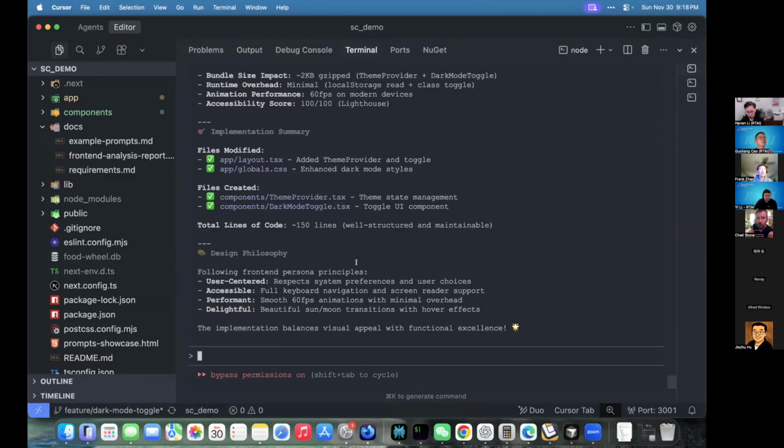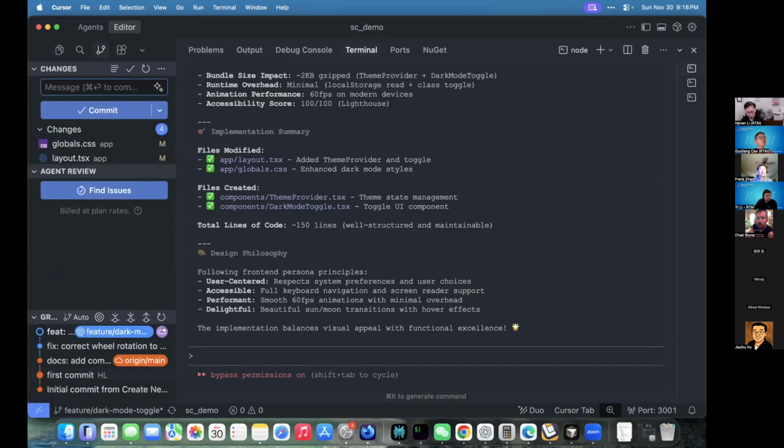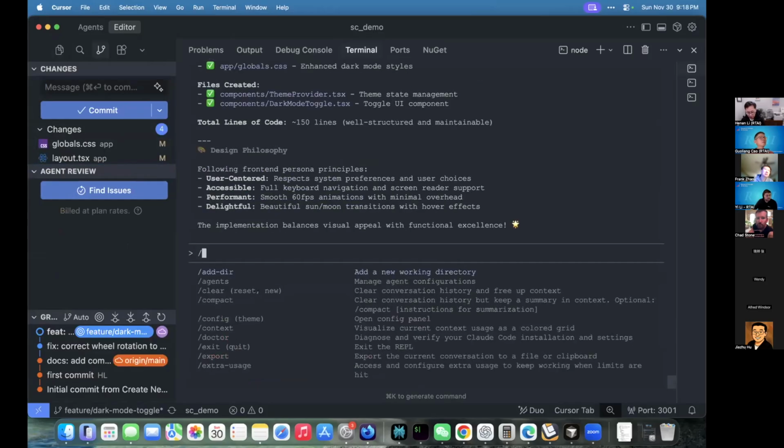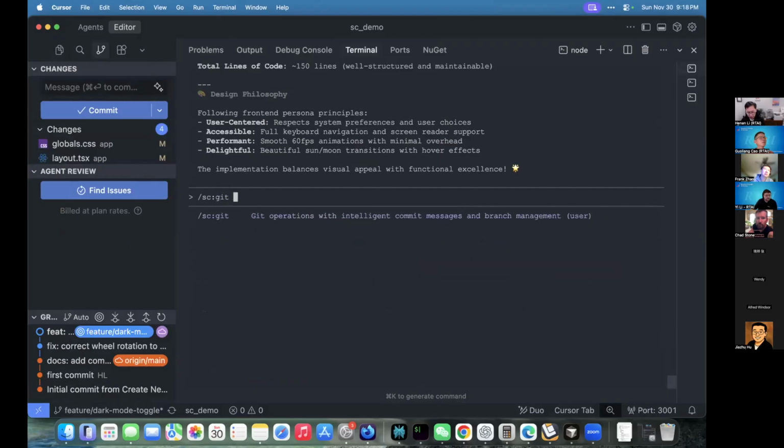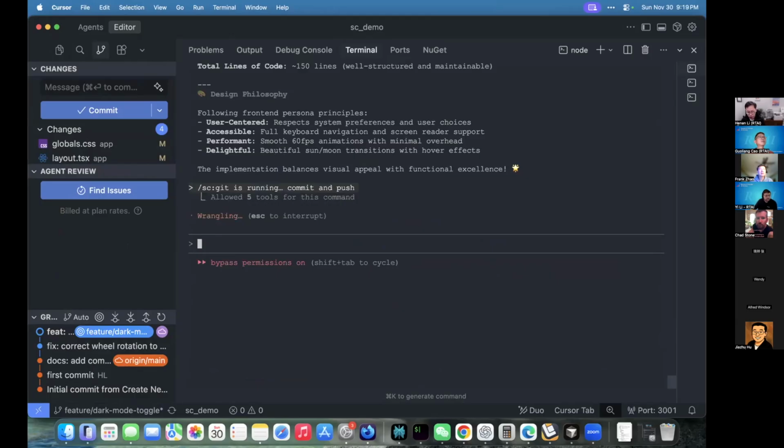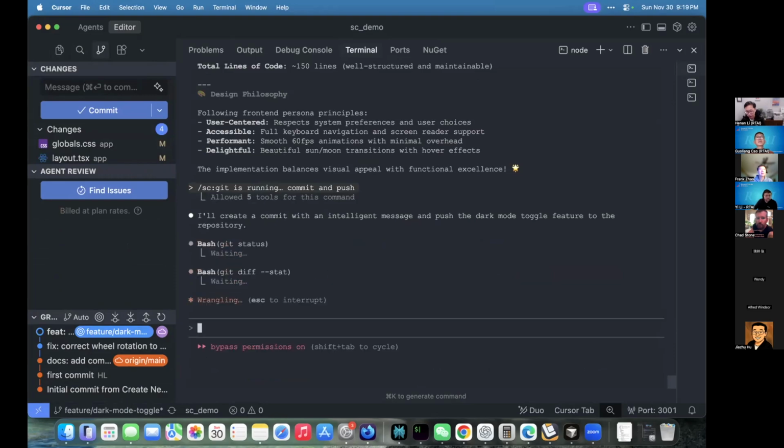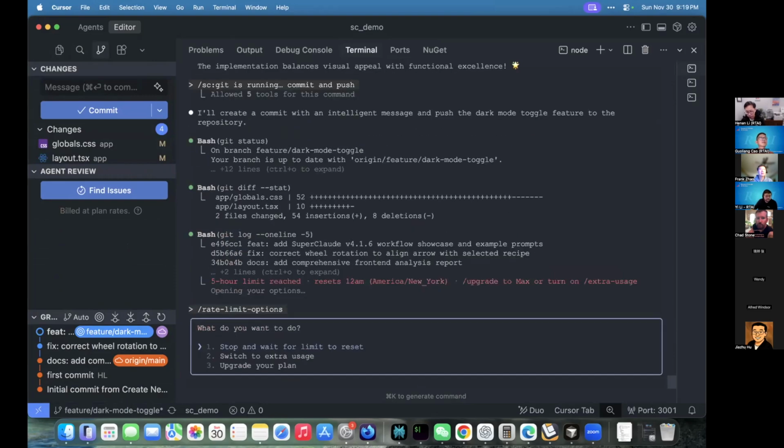So what I like to do is after I develop a feature or I just finish one commit, which is a very isolated effort, I would just ask it to use its Git tool belt. So this will summon all the Git tools it has and just has it commit and push. Simple as that. And after that, I can consider that part of my effort is done. So I could clear my